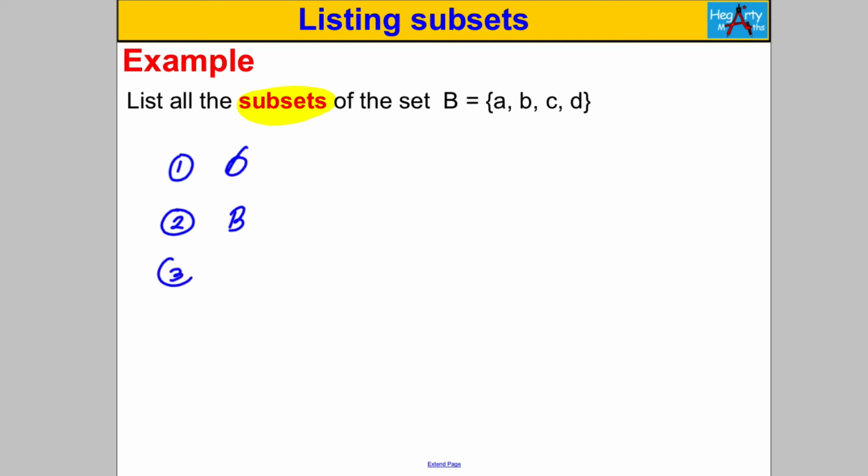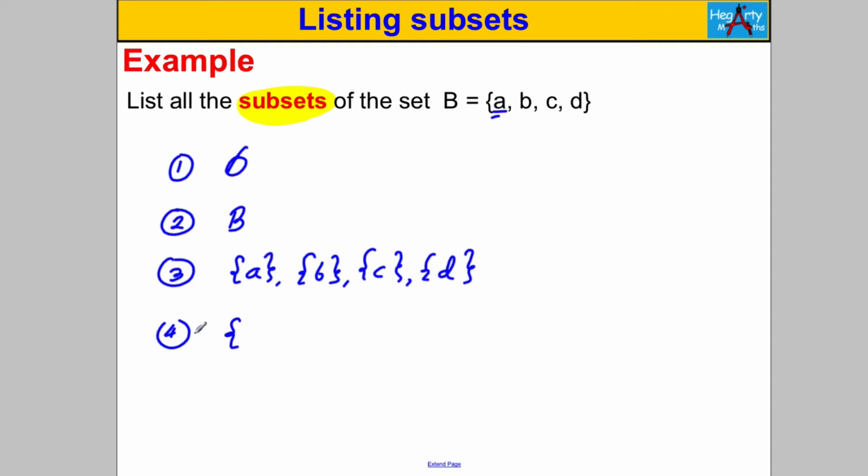Now the next ones are going to be the sets with 1 element in them. So they're quite easy to reel off. They're the set {a}, or the set {b}, or the set with c in it, or the set with d in it. Now the next ones are going to be the sets that have 2 elements in them. Okay, so let's assume we've got a first of all. Let's just assume a is in one of them. Now if a is in one, it could either be with b, a could be with c,